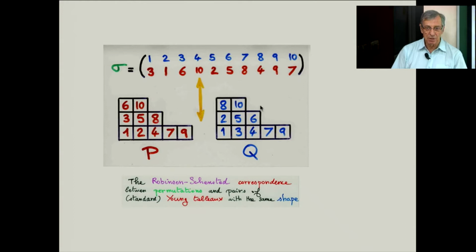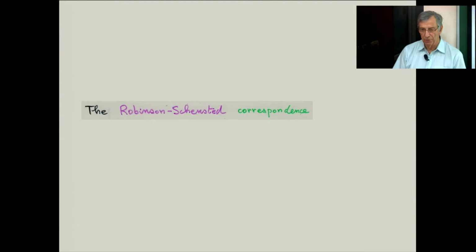And this permutation is going to be in bijection, a one-to-one correspondence, with the pair PQ. The f lambda squared counts a pair PQ. The condition is two Young tableaux of the same shape, but once you choose the shape, you can choose P and Q completely independently. And the number of such pairs is going to be exactly n factorial. So there must be a direct proof. And this is the very famous Robinson-Schensted correspondence, which is a bijection between permutations and pairs of Young tableaux.